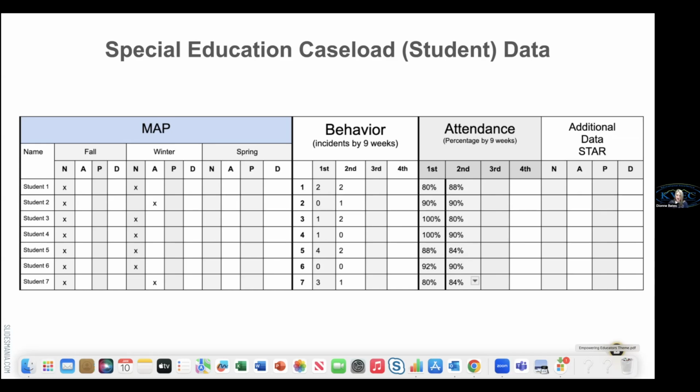Not always do we know how to break down that skill that's expected for that grade level, and then backward design it so that we're teaching the skills for our students with disabilities, because we're still wanting them to have growth. We want that to be challenging and an opportunity for them to continue to learn.